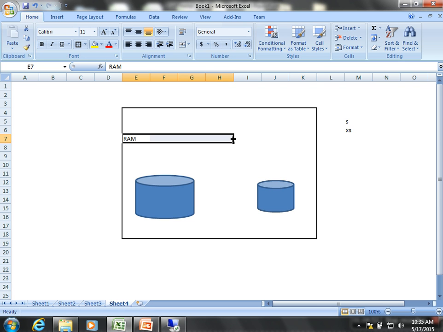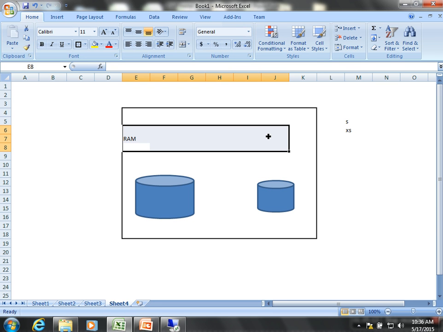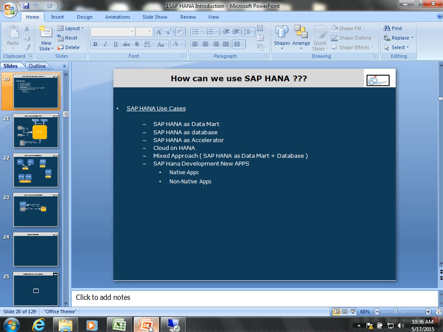So when the footprint size is, let's say, 100 GB, and you try to compress it, you can compress it to one fifth. That means I need only 20 GB to store that particular 100 GB of data. In that case, I don't need 100 GB, right? So they go with 20 or 30 GB. Then the disk will be 4 times of it, and the RAM will be something like 20 GB. There are sizing calculations based on the footprint of the database. Yeah, so this is okay.